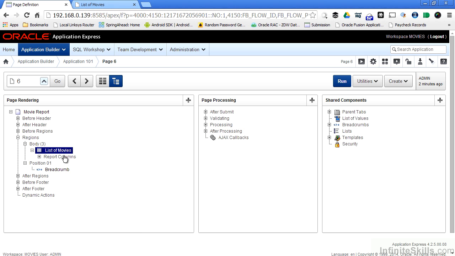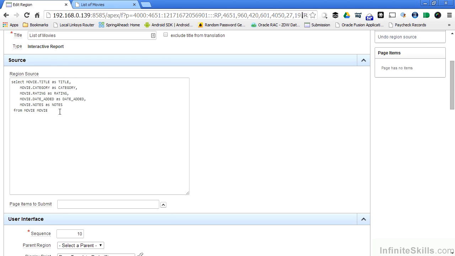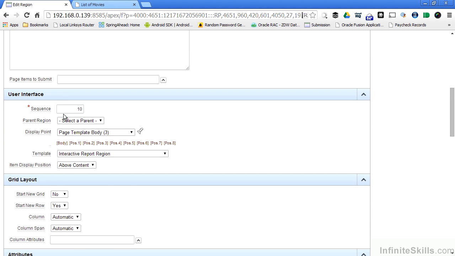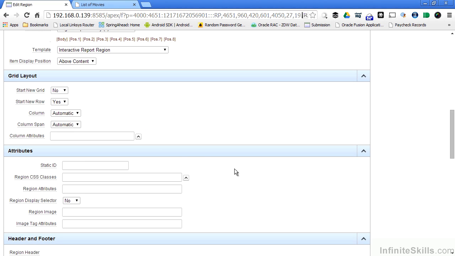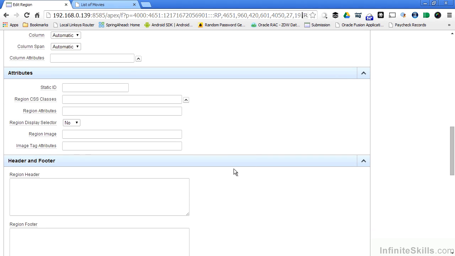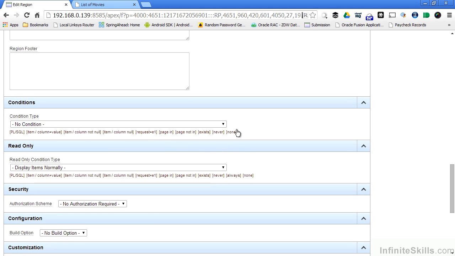So if I double click on List of Movies, I can see some of the information that was populated for me automatically by the wizard. Under Region Definition, I have the title of my region, the SQL statement that's going to drive this report, user interface elements, which we'll discuss in a later lesson, the grid layout for the report, any attributes that I want to assign to the report, any header or footer information, a condition for if the report is displayed or not,